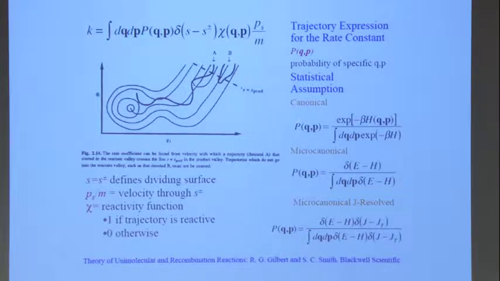I showed you it was all canonical, which means I assumed a perfect Boltzmann distribution. You can also have microcanonical, where you're assuming that the energy is conserved. And for those cases where you're limited by the collisional energy transfer, where that's the slow step, this is the right way to think about it, because you're basically locked at a certain energy, and there's no way to get rid of the energy. And so you stay at a certain energy, and then you should use a delta function in energy.